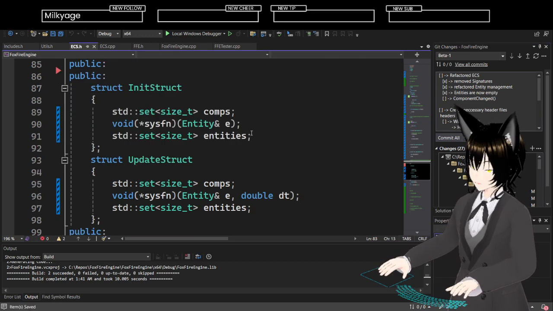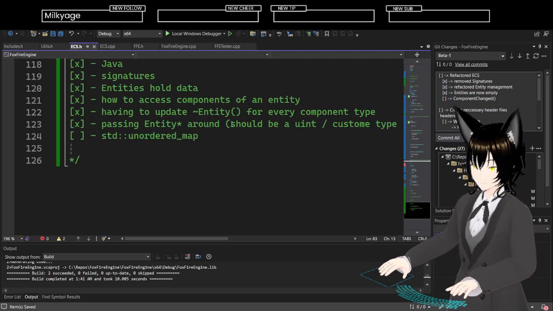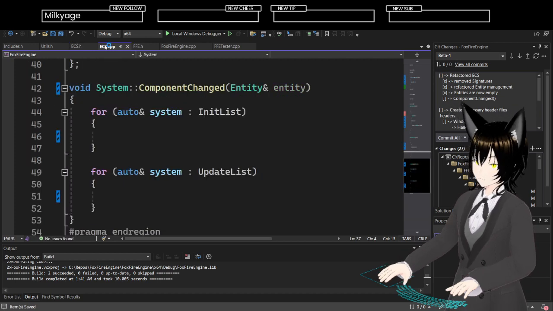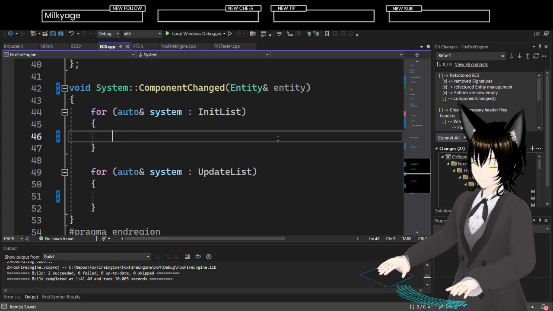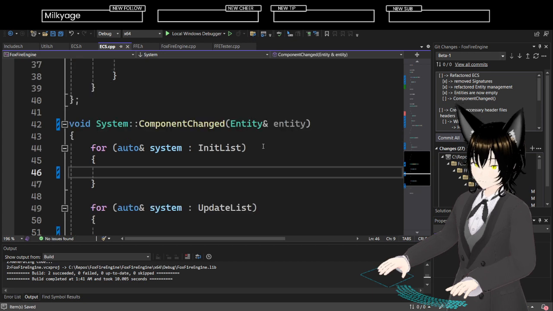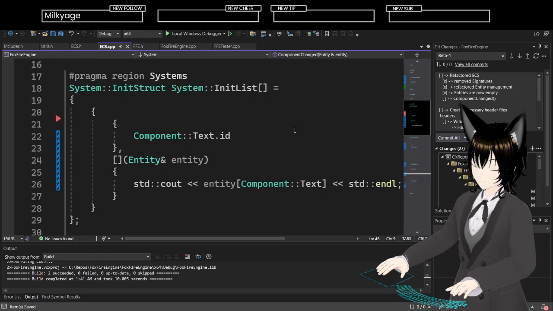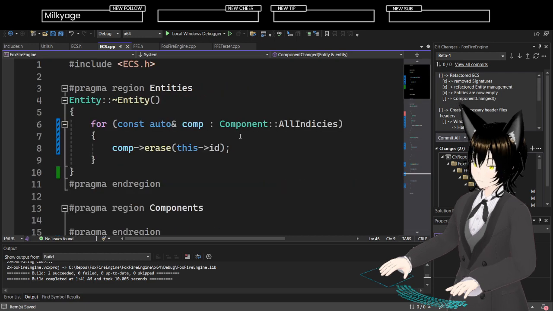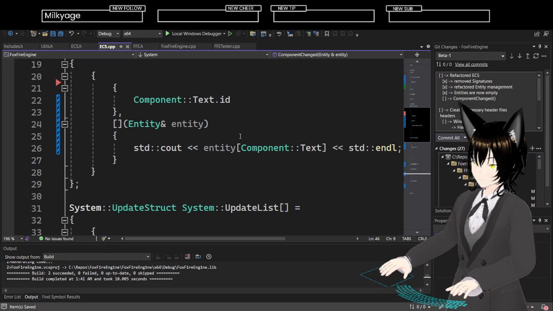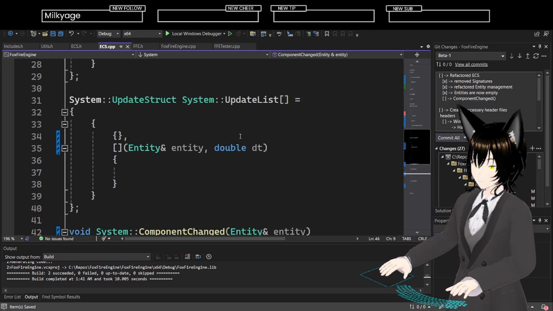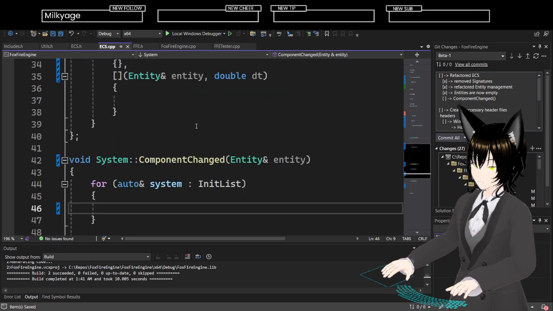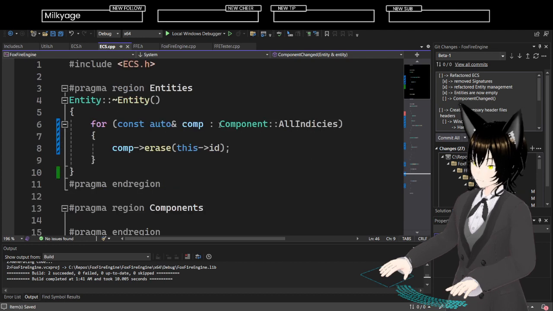Yeah, I need to do that. I need to actually make that a thing, don't I? Yeah, okay. I definitely need to change that.